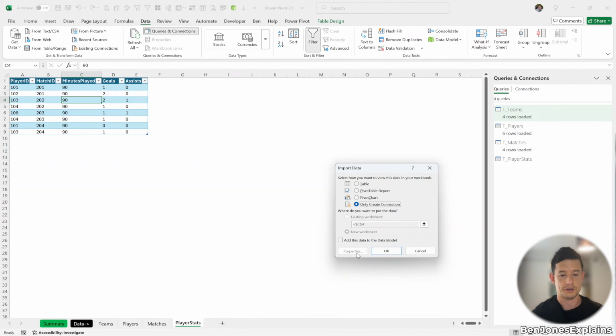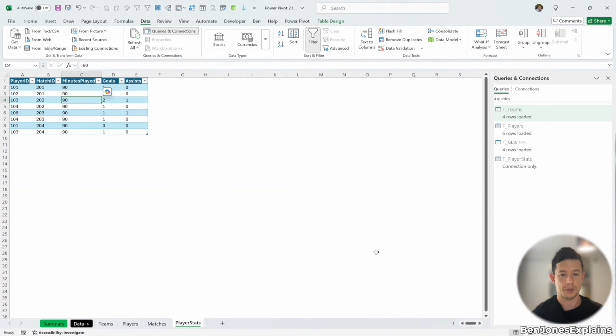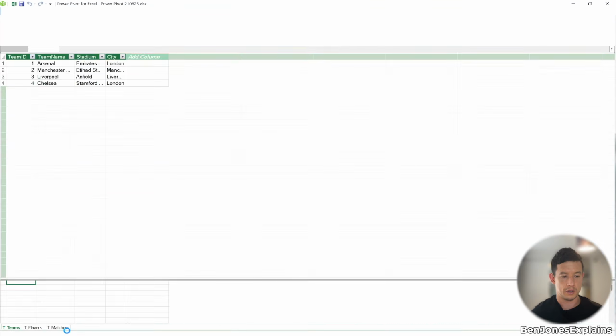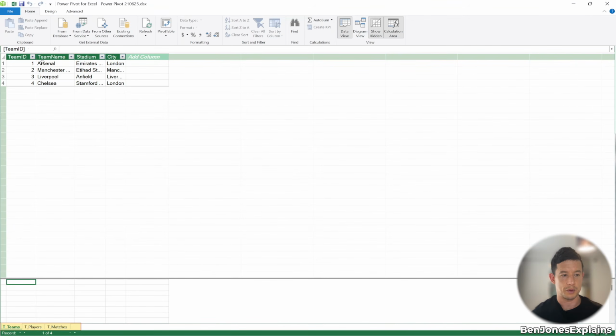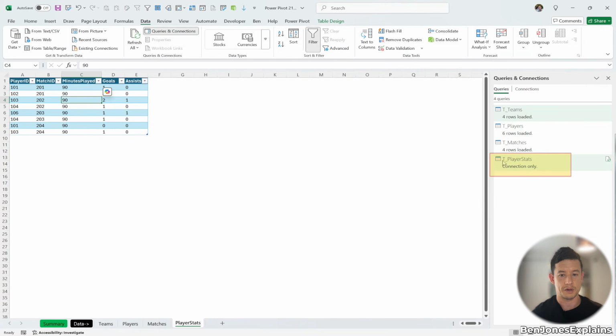A little tip for you: if, whilst you're adding your data into Power Query, you forget to add it to the data model in your load to settings, you can amend this later without recreating the query. So to illustrate this, I'm now going to take out this data from the data model. I'm going to click OK. If we go into the data model, you'll see at the moment we only have 3 tables, not that final table we've just loaded into Power Query